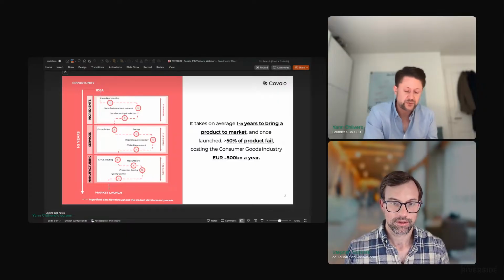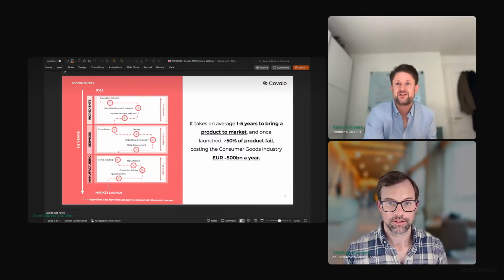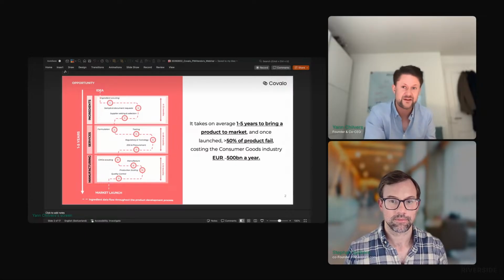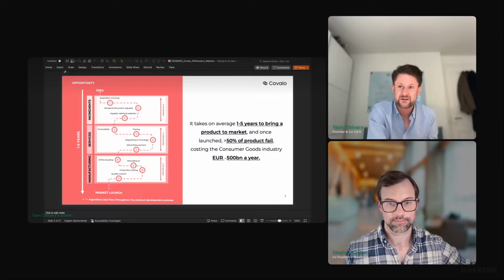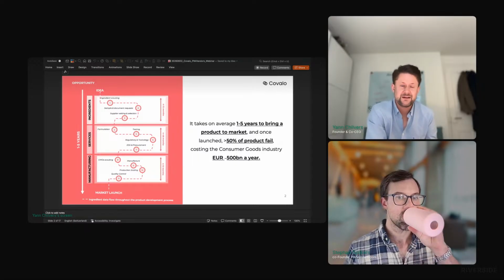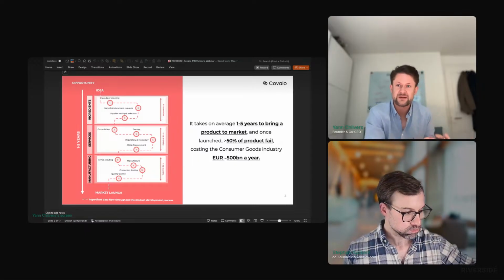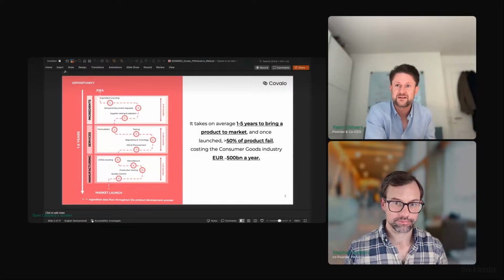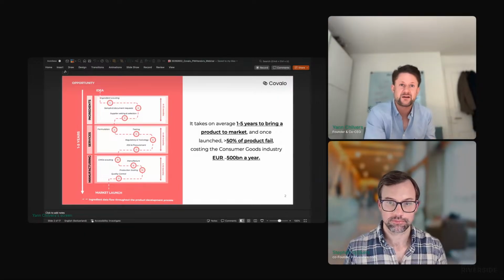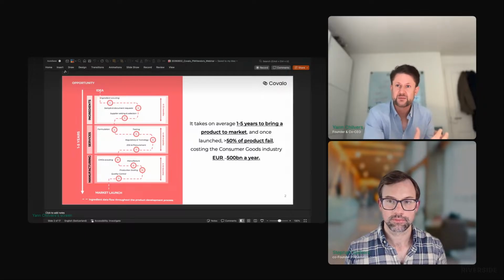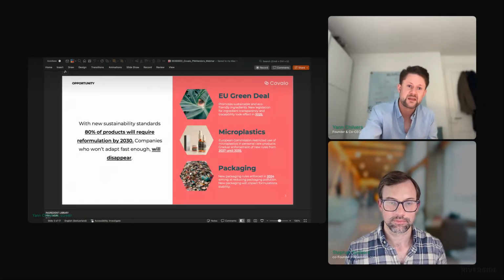The main reason those products fail is because they fail to adapt fast enough to new regulation. They fail to adapt fast enough to consumer demand change. They fail to adapt fast enough to supply chain disruption. They have an idea that is in a blue ocean, and by the time they launch, it's already a saturated market. Right? So speed to market is really of the essence to remain relevant, but also to address some of the sustainability challenges and bring more innovative products to market.